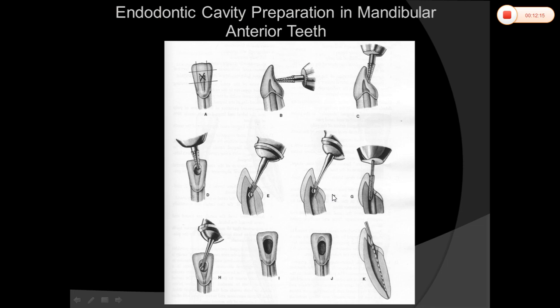So this is in mandibular central and laterals. Both are similar, having similar root canal systems and access cavities. For both of these teeth, the lingual shoulder must be removed to allow direct line access. Outlines are wider labiolingually, but at the CEJ it's an oval outline form, and a single root is seen, but it has a long narrow canal.